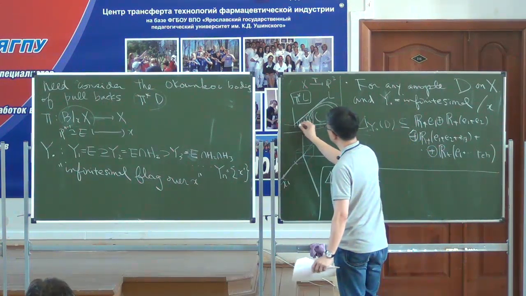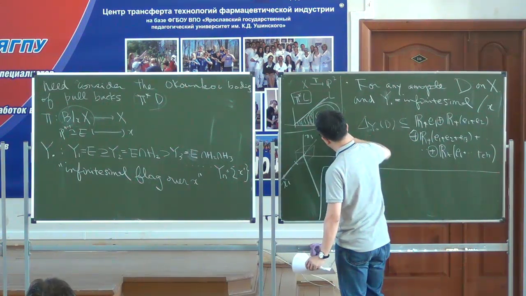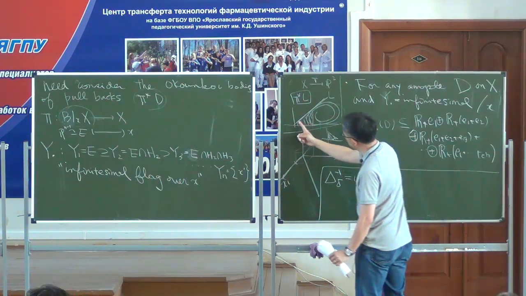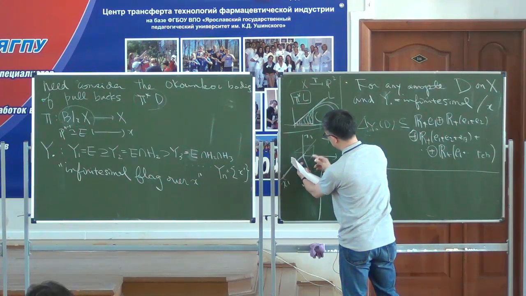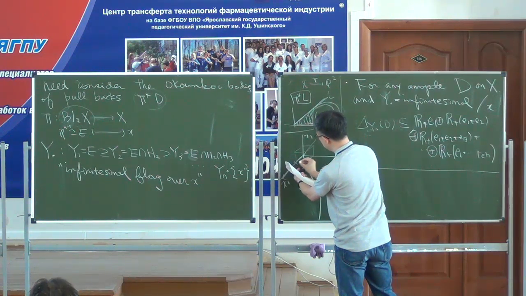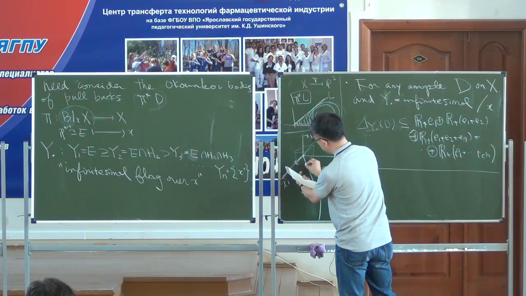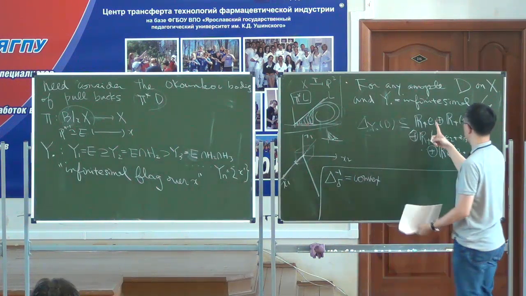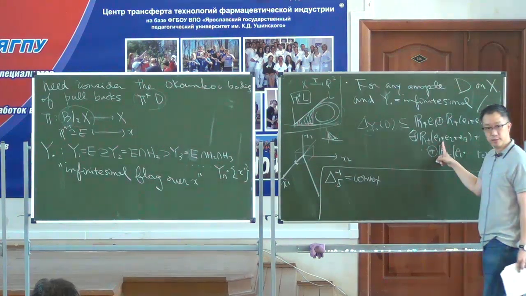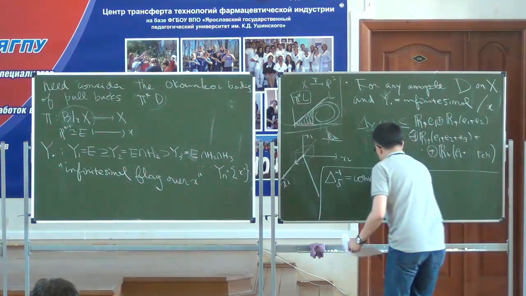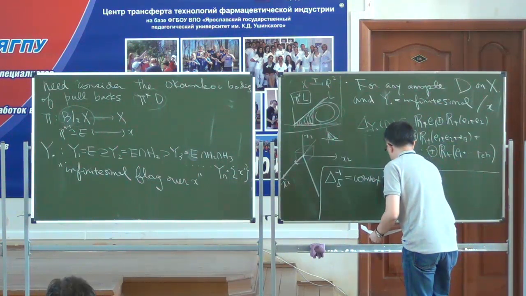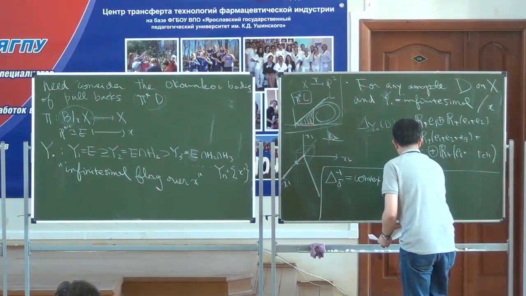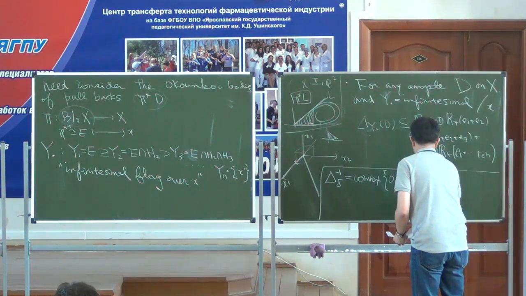In the dimension 2 case, this is the standard simplex, but the inverted simplex means this one. And the inverted simplex in dimension 3 is the convex hull of the origin and these three points. So this is the convex hull of the origin, E1, E2 plus E3,